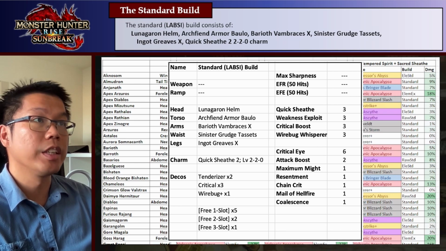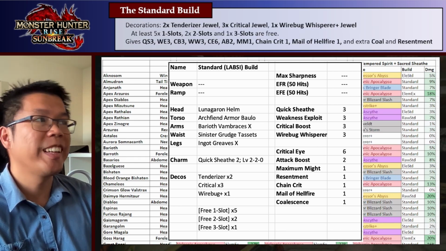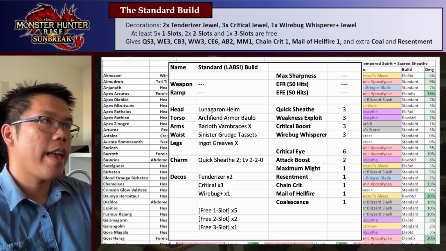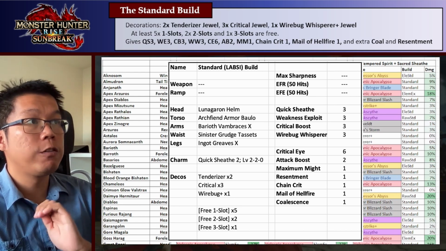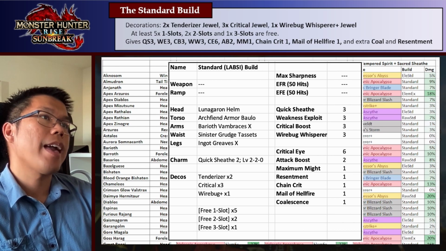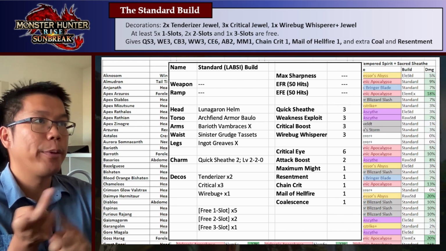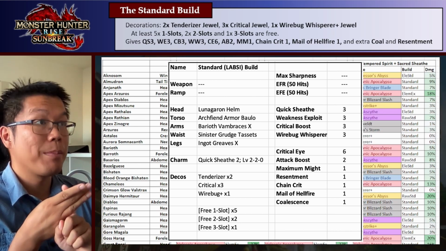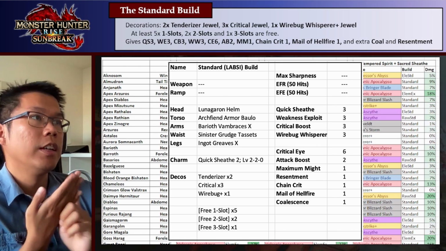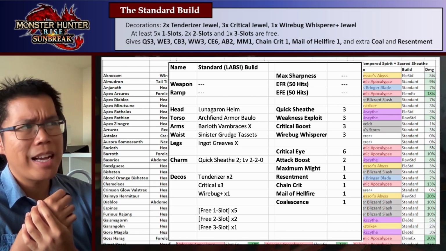It gives you a lot of cool different things. With this, you're going to put in 2 Tenderizer jewels, 3 critical jewels, and 1 Wirebug Whisperer plus a jewel. Once you do that, you'll still have space for 5 1 slots, 2 2 slots, and 1 3 slot. And even before you use those extra slots, you'll have Quick Sheath 3, Weakness Exploit 3, Critical Boost 3, Wirebug Whisperer 3, Critical Eye 6, which can get up to 7 by using 1 slot, Attack Boost 2, which can get up to 4 by using 2 slots, 1 free point of Maximum Might,